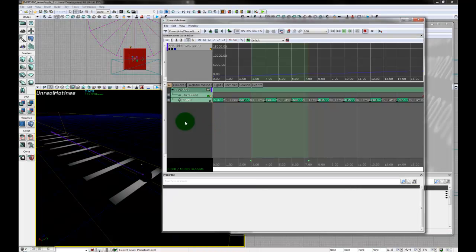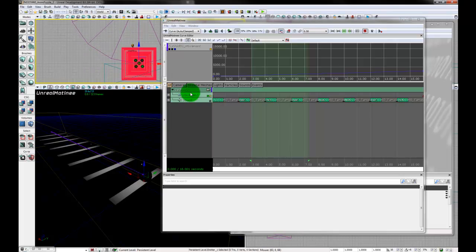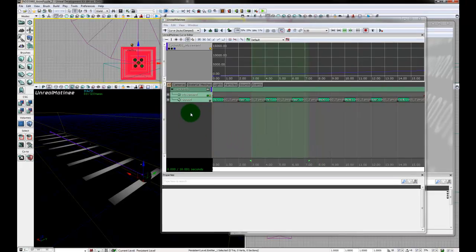We do need a way to toggle on and off the particle effect that we've added here, because we don't want it to always be on in the scene. We only want it to be on when this animation has been started off. And then when the animation's been stopped, we need it off. And the way we're going to handle that is by add